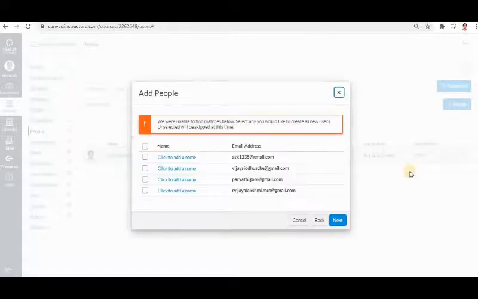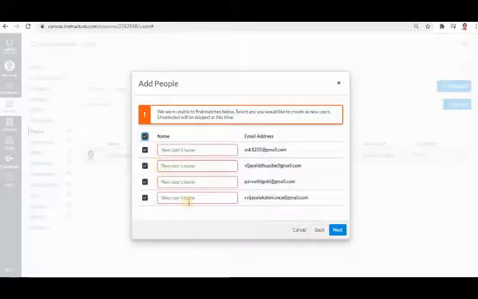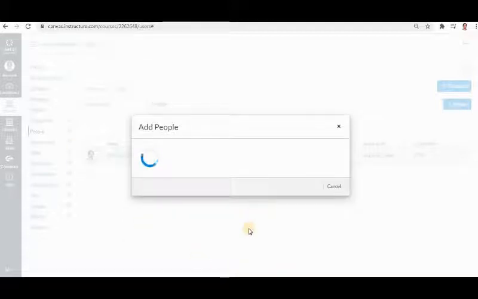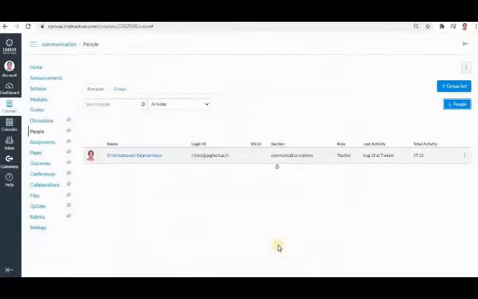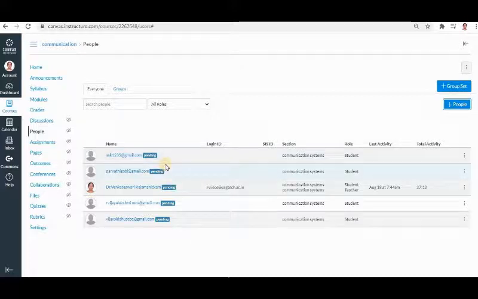Then click next. So if you want to give the name, you can give it the name. Otherwise, you can ask the students to give a name. Email address will be taken as a name. Click next. Then add users. Now the users are added. Email will be sent to individual users. When the users join, then the pending status will be changed. Here, if the students set the profile name, that will be visible here. So in this way you can create a Canvas course.